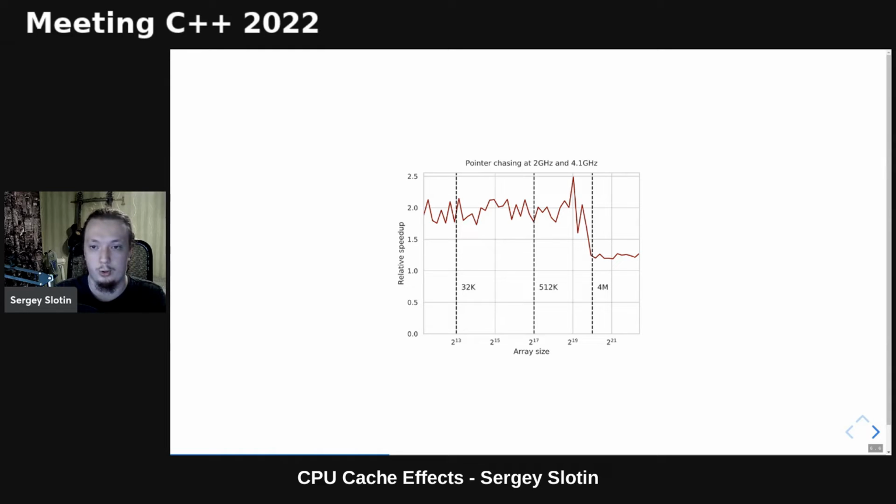And you would expect that the relative speedup would be twofold for array sizes that fit into the cache entirely, and then roughly equal to 1 for the arrays stored in the RAM, because it's mostly comprised of RAM timings that are independent of the clock. But the latter is not quite true. There is a small fixed latency delay on the lower clock run, even for RAM access. This happens because the CPU has to first check its cache before sending a read request to the main memory, to save the RAM bandwidth for other processes that might potentially need it. And this is what we see here when we increase the clock speed.